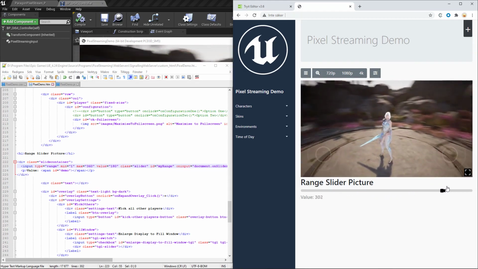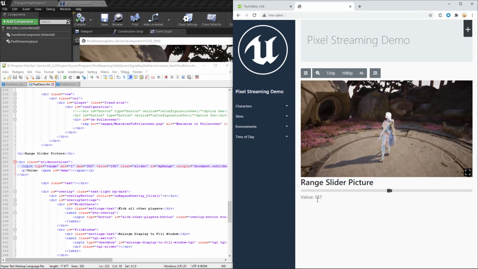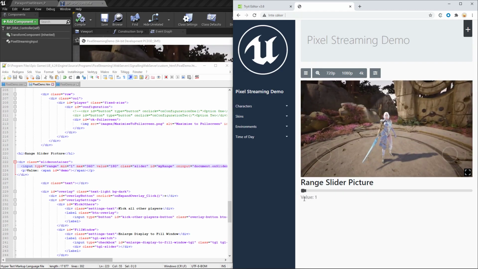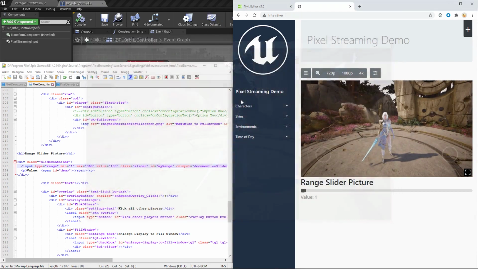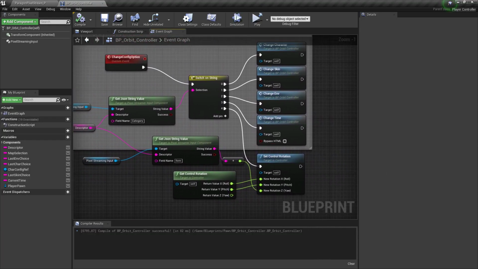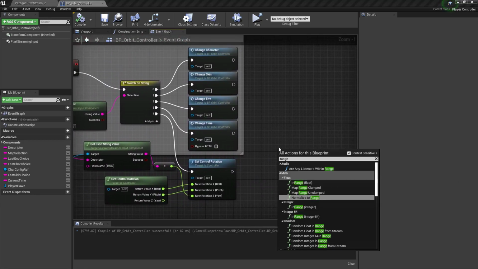If you would like this to still be 1 to 100, you could obviously just convert that in Unreal as well. I tend to use the, what is it called?